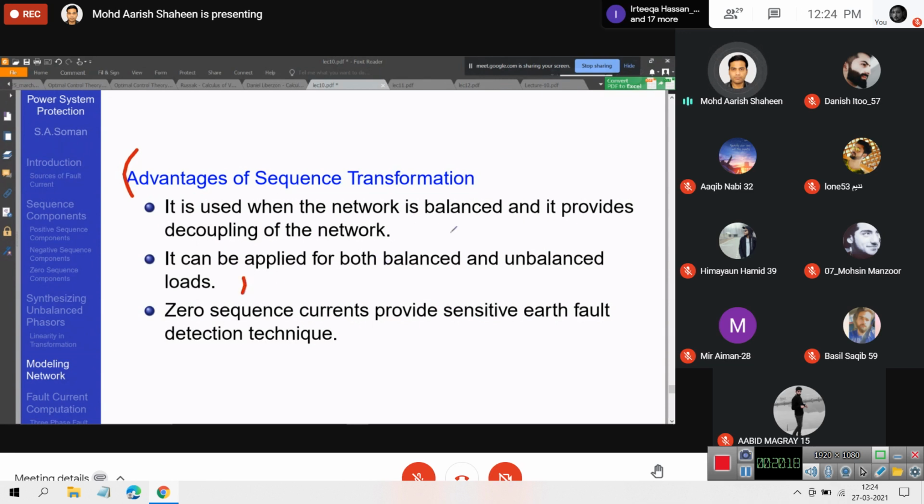Actually, these are not very important nowadays. We have these two. I told you that nowadays software is available to you. You hardly ever, if ever, calculate faults by hand, because it doesn't make any sense, especially for the kind of networks that we have. Imagine you have a network, say the network size of even Kashmir's power system. You probably have maybe half a dozen or more important generating stations.